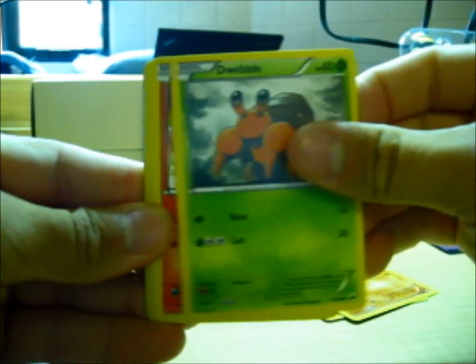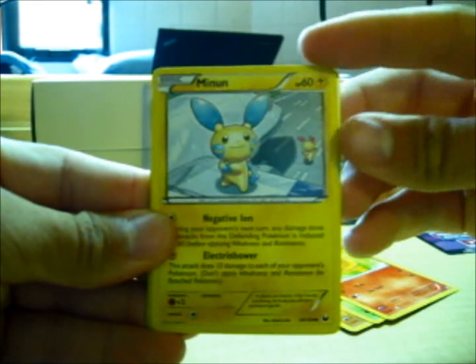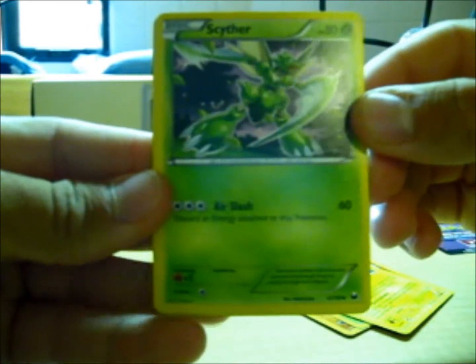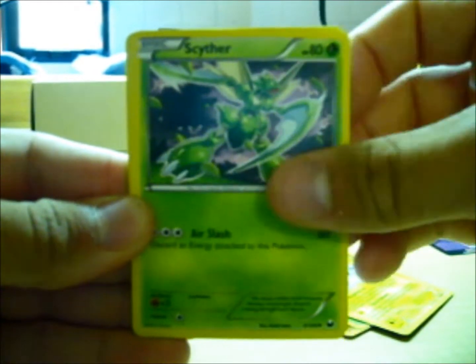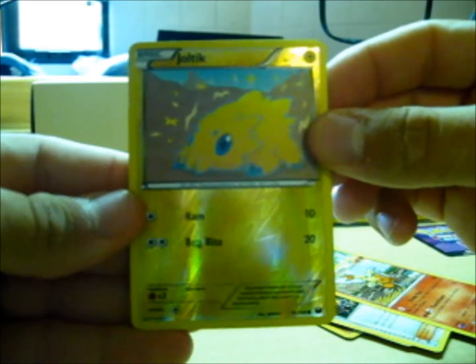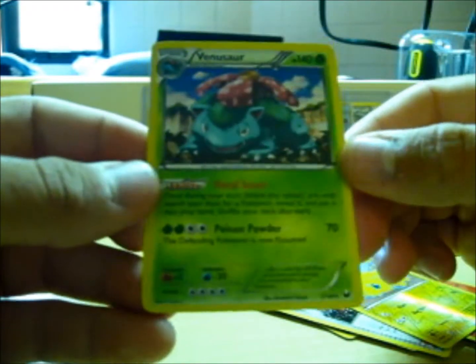a Dwebble, Torchic, a Minun, Scyther. That's awesome artwork. It's just an uncommon, but that's just sweet artwork. There's a Hooligan's Gym and Cass, Combusken, Reverse Holo is a Joltik, cute little guy, and